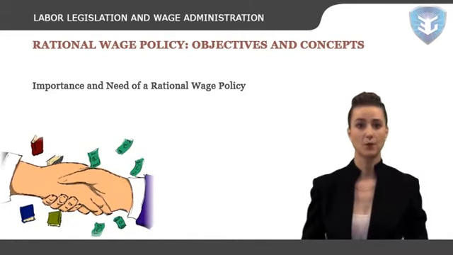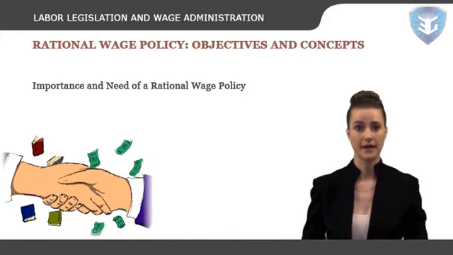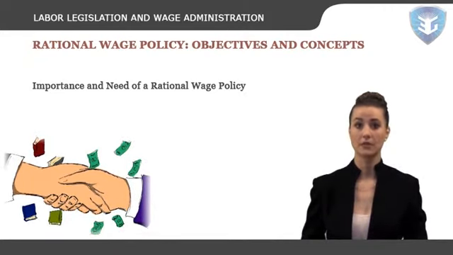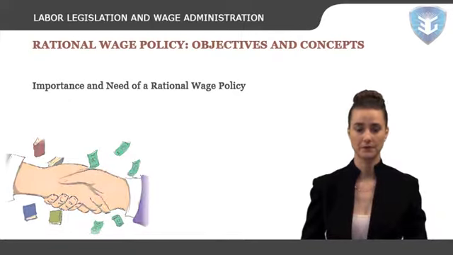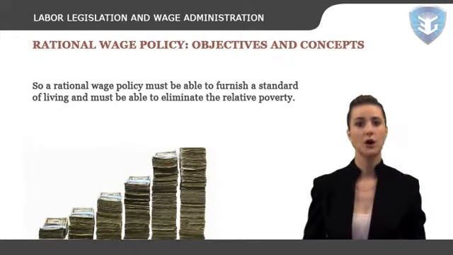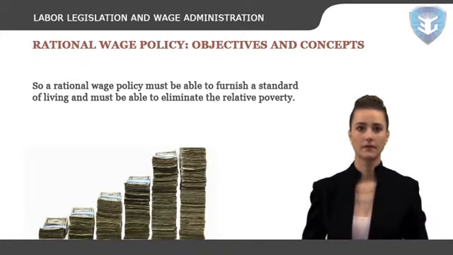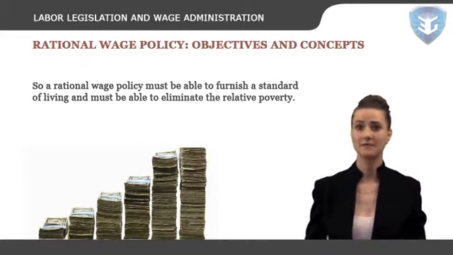Wage, as monetary reward, is paid to an employee for the service rendered by him. A sound wage policy should be aimed at social justice, which eventually means that the working class gets its due share. So a rational wage policy must be able to furnish a standard of living and must be able to eliminate the relative poverty. Thus, in the present condition, a rational wage policy must effectively deal with the following components: